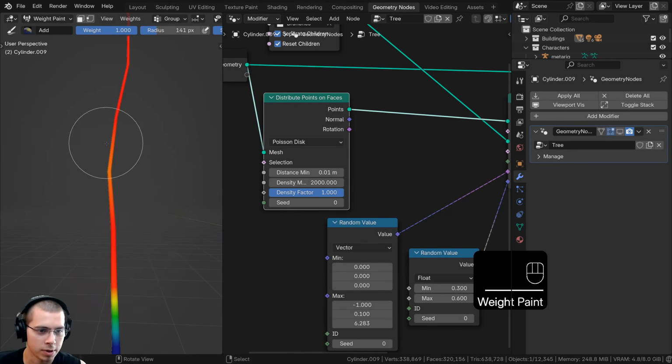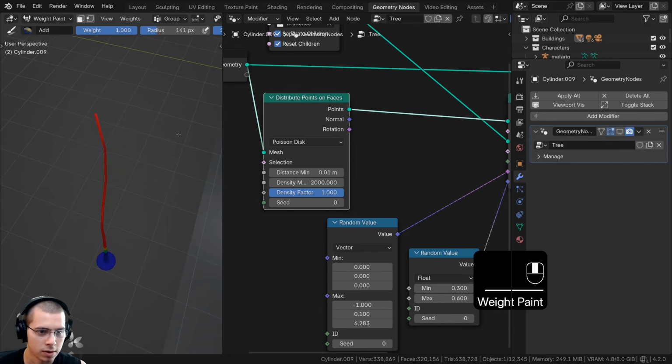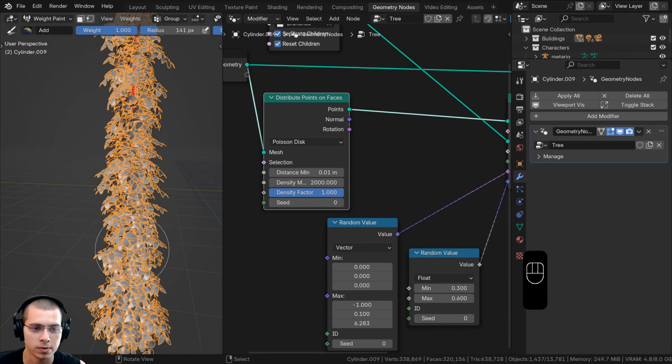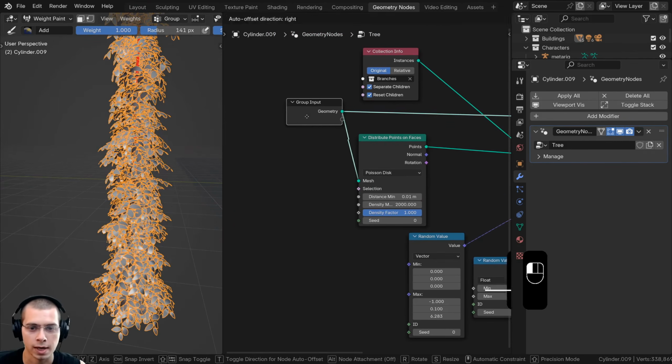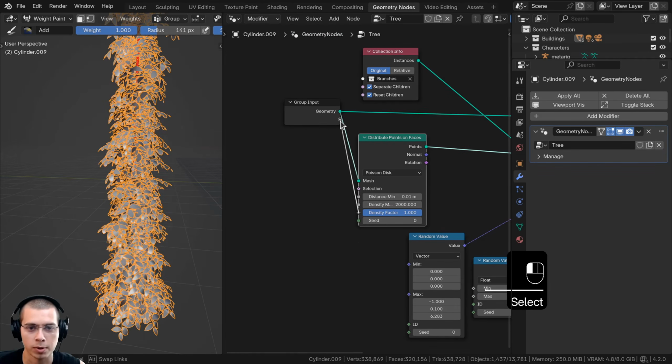But all the rest is going to be fully red. So just make sure that all those vertices there are fully red and on the top there. So now we can unhide the geometry nodes just to see the leaves. And we want to take this density factor value, and we want to put this into the group input extra